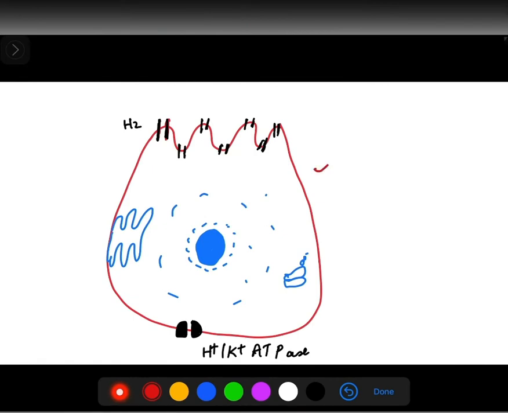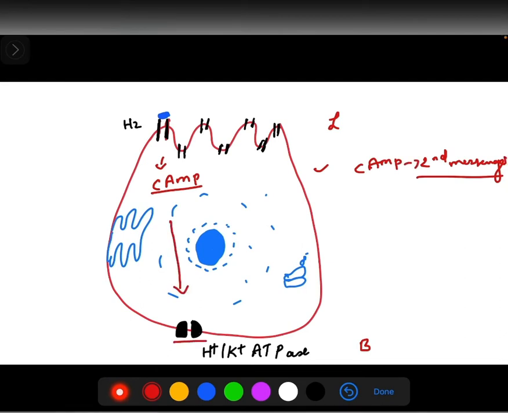Okay, so this is the gastric parietal cell. This is the luminal side, this is the basal side. Normally what happens is, take this as histamine. When histamine comes here and binds to this H2 receptor, cyclic AMP is increased. Now cyclic AMP is the second messenger. What this messenger does is it will cause activation of this pump, that is the H+ K+ ATPase pump, and this will cause release of H+ ions. Now this H+ combining with chloride will form HCl, that is the gastric acid in the stomach.